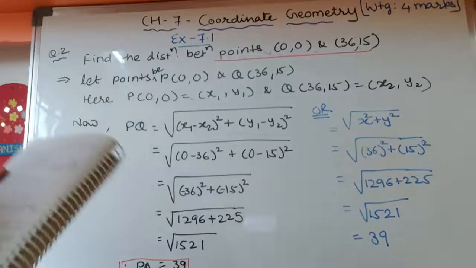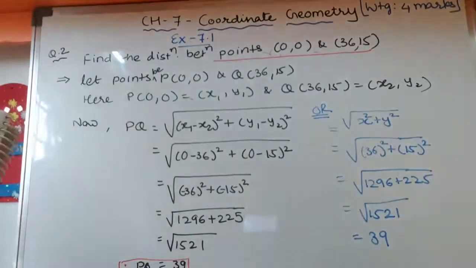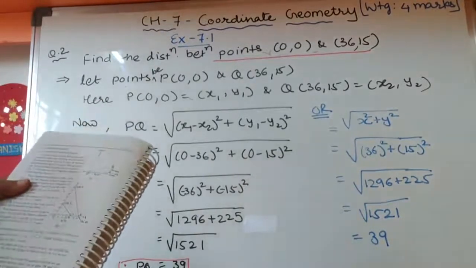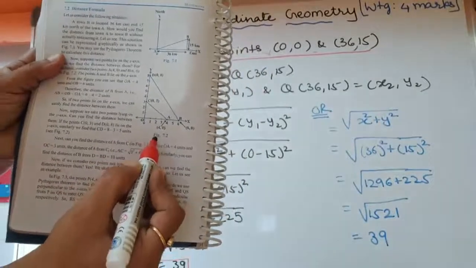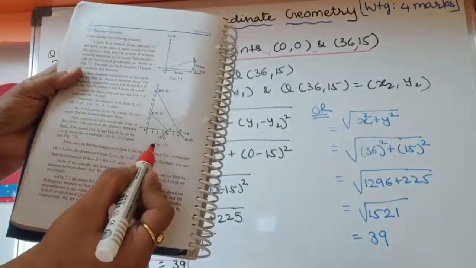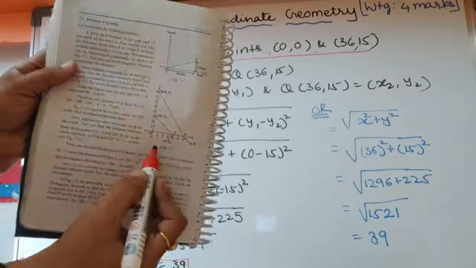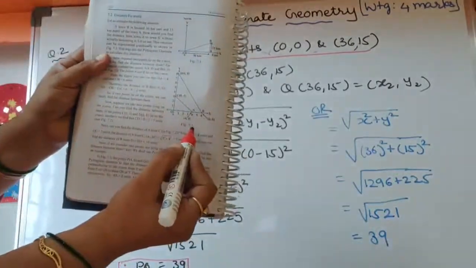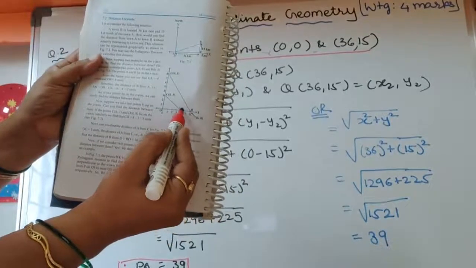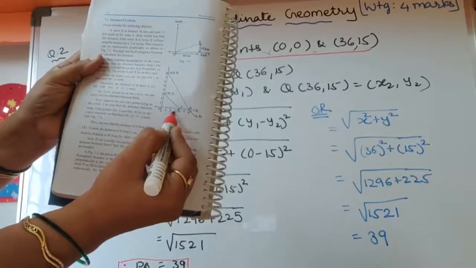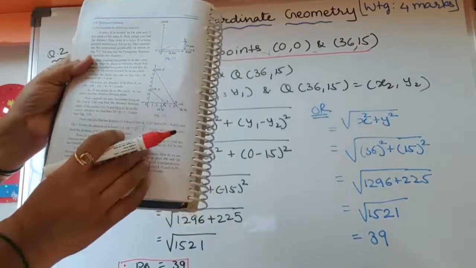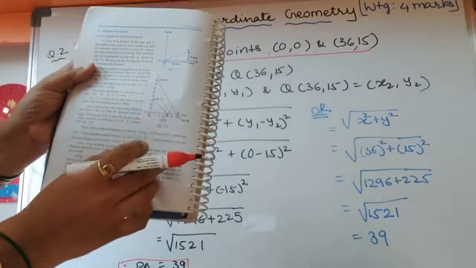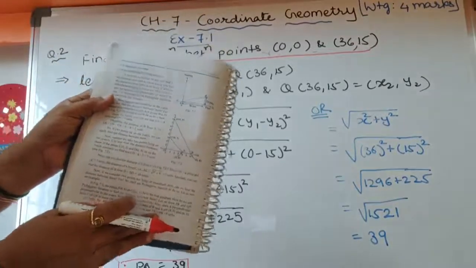Now in the second question, it is given: can you find the distance between two towns, which is discussed in section 7.2 in the textbook. See, this is 7.2. You can open your textbook and open page number 156. It is given in figure 7.2, and here you can find the distance AB. A has coordinates (4, 0) and B has coordinates (6, 0). So you can find the distance by using the distance formula yourself.